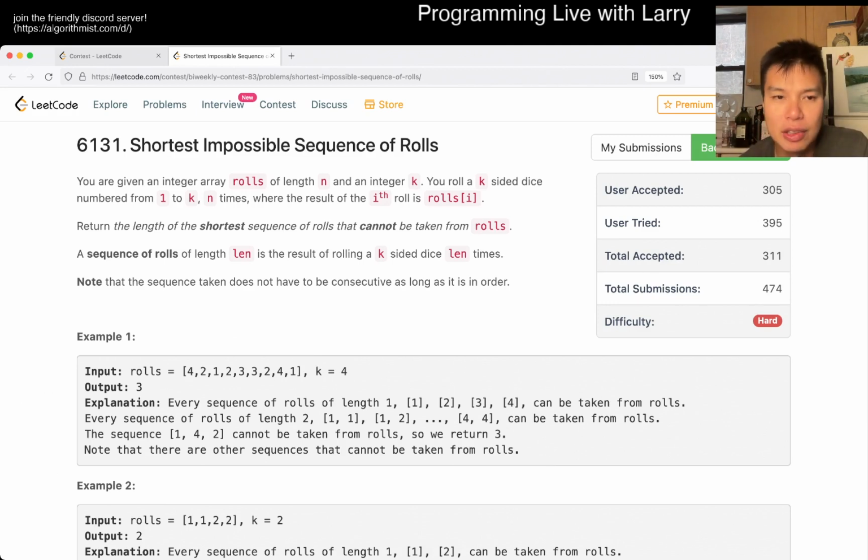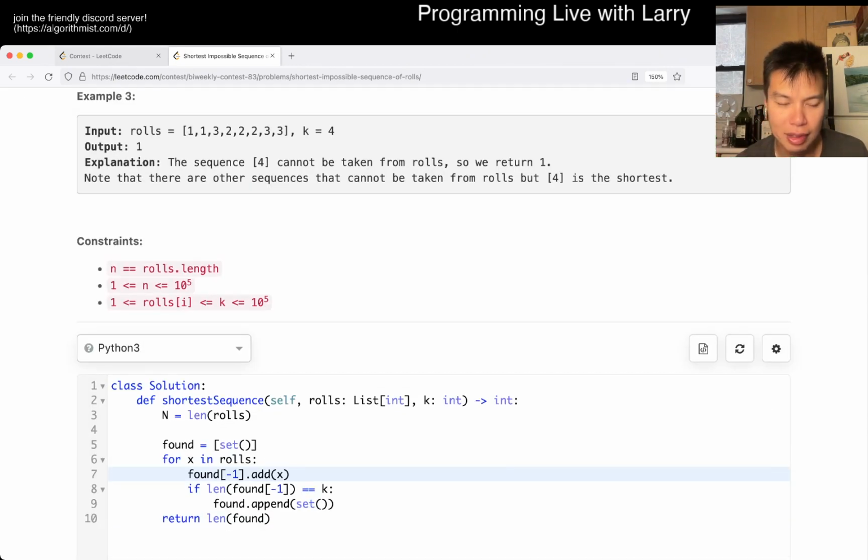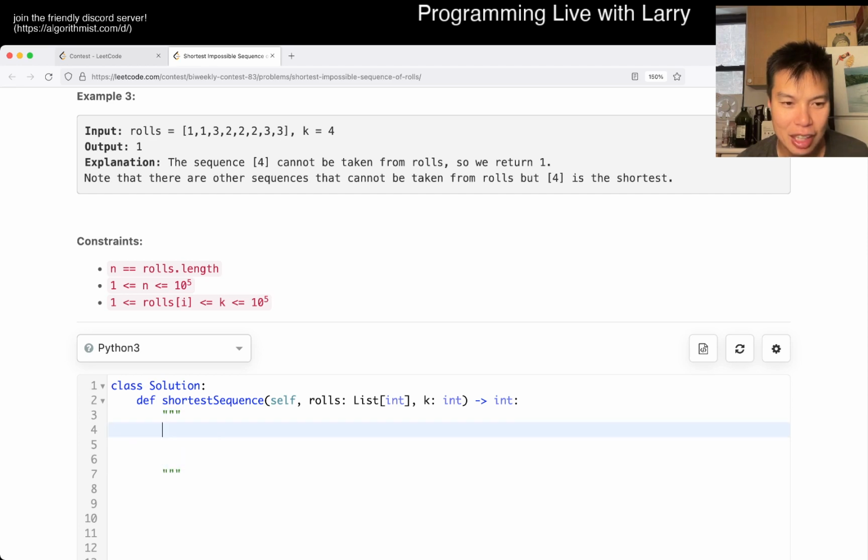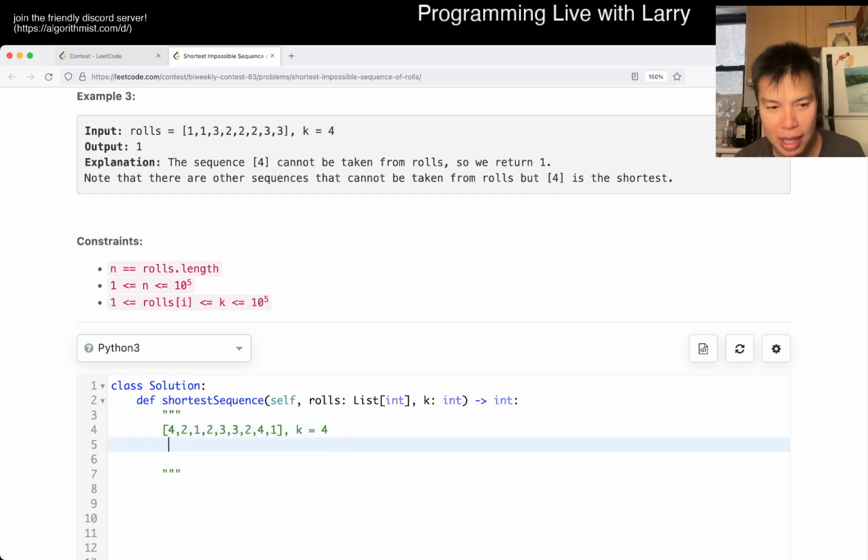But that said, the way that I did this one is with dynamic programming. It might not seem like it, and I probably could have written it in a better way, but it is dynamic programming. And the idea here is just saying that, and let's use this as an example. And this is my very short code, but pretend you can see it for a second. The idea here is that going from left to right,